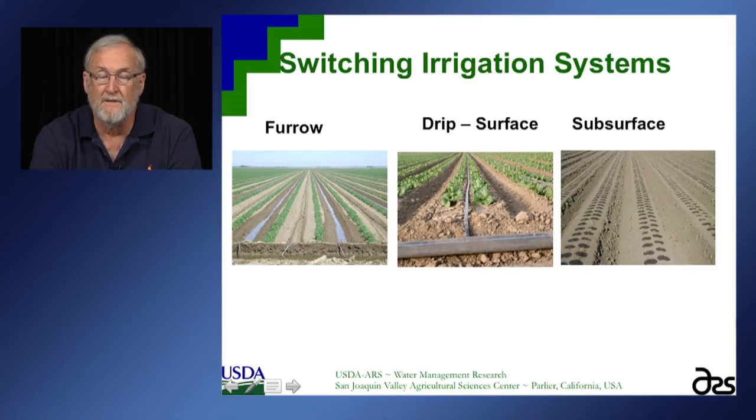There's quite a bit of flexibility. And a lot of the vegetable crops then, like lettuce that are shown there, use these systems very effectively. Interestingly enough, almost 60% of all the processing tomatoes grown in the San Joaquin Valley then are using subsurface drip irrigation, and the experience has been that they've seen yield increases from approximately 40 tons per acre with a furrow system up over 60 tons per acre using a subsurface drip system. And again, you're using the same or smaller amounts of water.